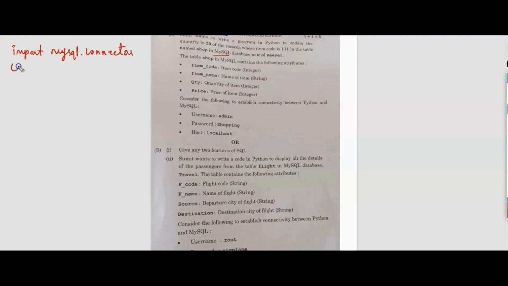Then after that, by using the connection object con, we are writing mysql.connector again, and we are using the connect function also. Under the connect function, we are having the parameters as host, username and password plus database.